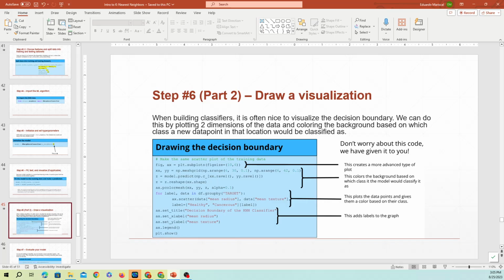The z will be a model. We're going to take our predictions between those 2 values. So we're creating those x's and y's, xx and yy. We're going to predict whatever that value is. In our case it would have been predicting on y test, but in this case we're using np.c_ xx.ravel